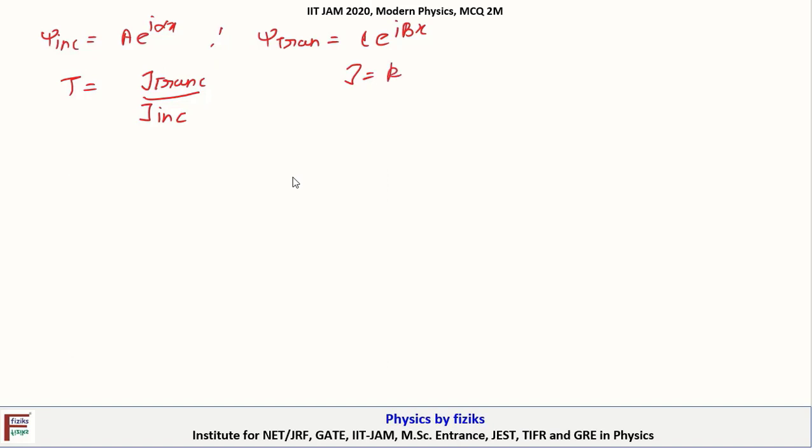Now, J incident is A e to the power i alpha x. J transmitted is C e to the power i beta x. Transmission coefficient is J transmitted by J incident. Now, where J is probability current density,